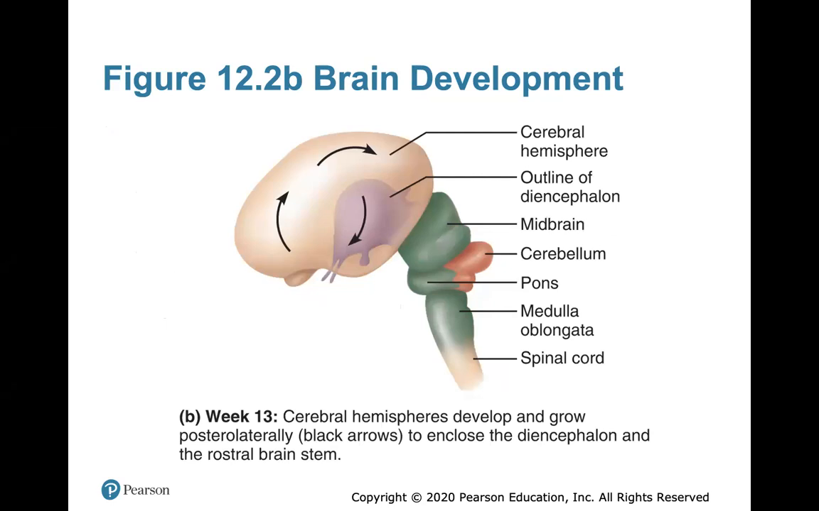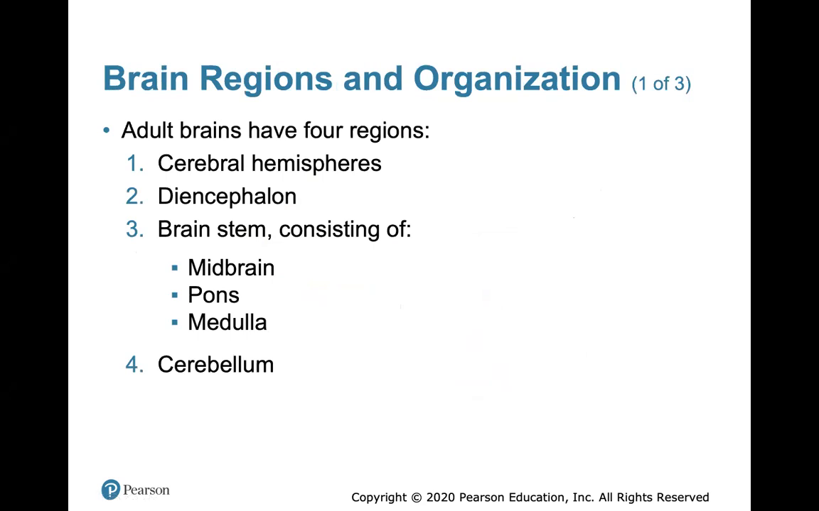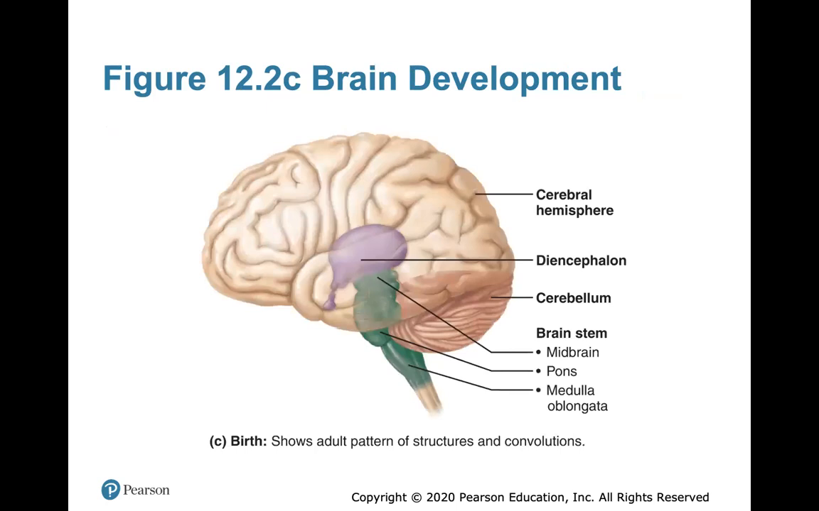At week 13, the cerebral hemispheres develop and grow posterior-laterally to enclose the diencephalon and the rostral brainstem. So you start to see here the medulla oblongata, the spinal cord, and then the pons and the midbrain coming out of the top. The adult brain then has four regions: the cerebral hemispheres, the diencephalon, the brainstem, which is your midbrain, pons, and medulla, and then the cerebellum. So this is a look at the adult brain, which is really what you should focus your studying on. I won't really ask you many questions about the developing